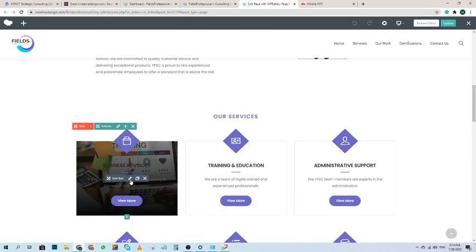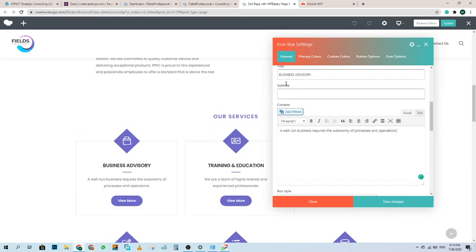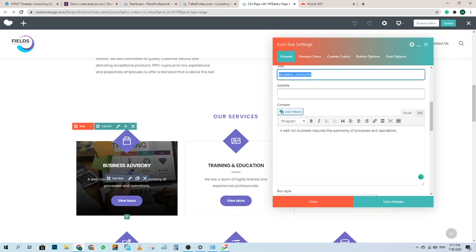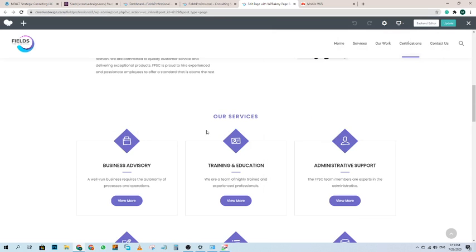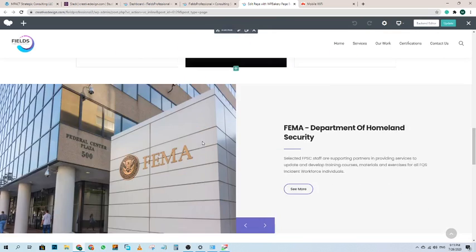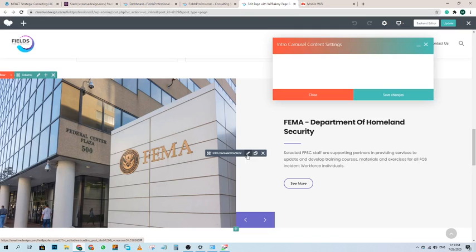If you want to change the content of this box, click on the pencil icon. This is the title, business advisory, and this is your description text. If you want to change the text of your carousel content, click here.